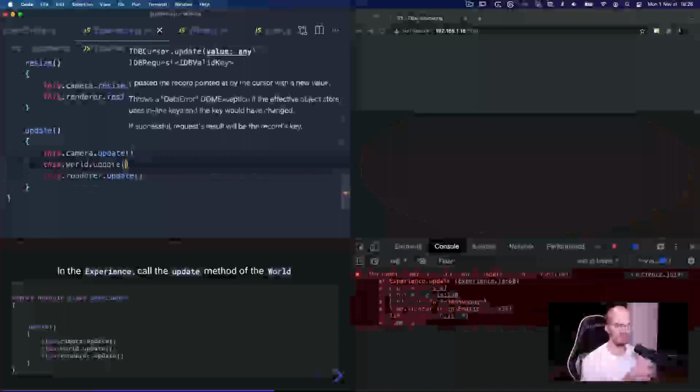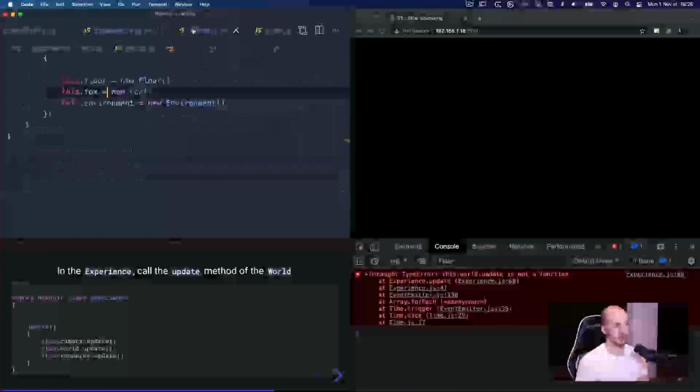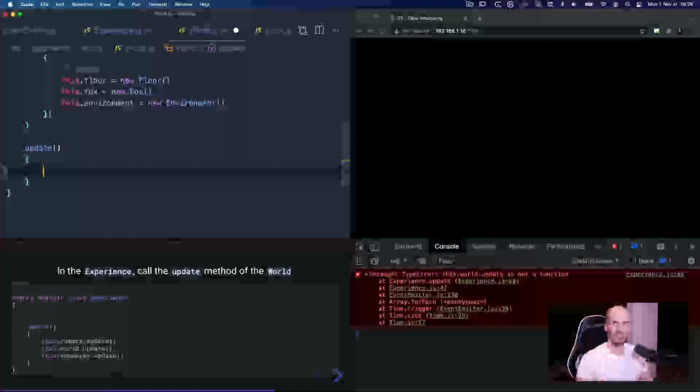If I do that, we get an error because there is no update method in world. So I go into the world. I add the update method. And as I said earlier, we are propagating the update to the children in the order we need. And here we are going to do